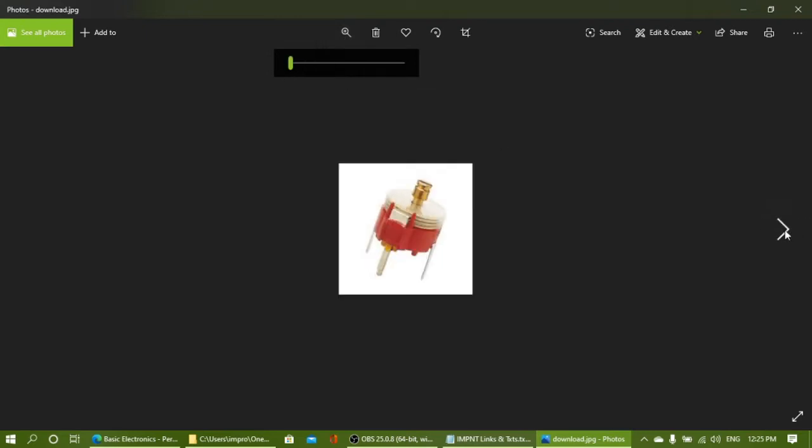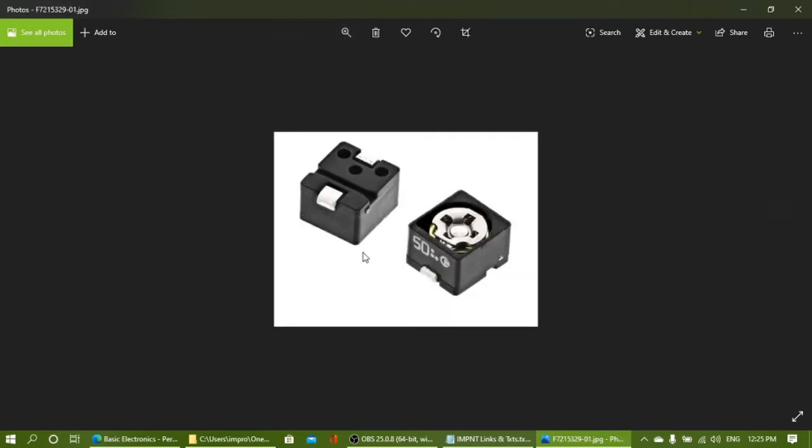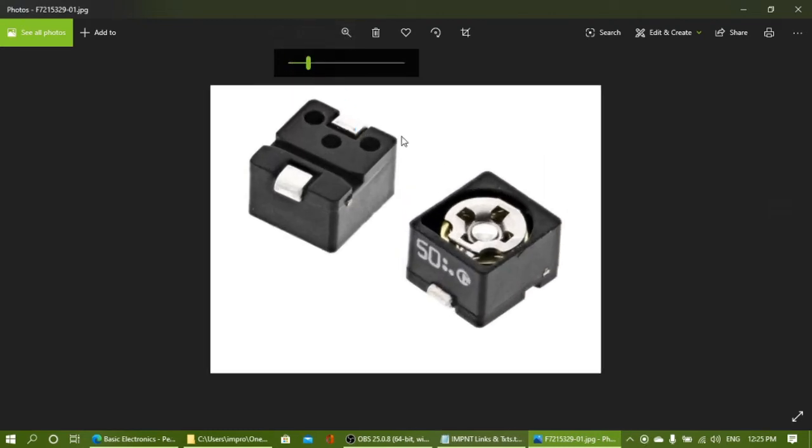Okay, next, this is another kind of on-board variable capacitor called a trimmer. Basically this is used in recent technologies where SMD components are used in multi-layer PCBs. These are the two electrodes of this capacitor, this one and this one. With a thin sharp screwdriver you vary this rotor, and accordingly your capacitance value will change.